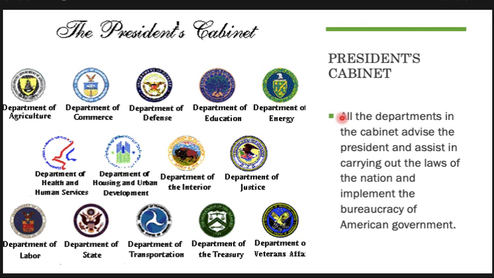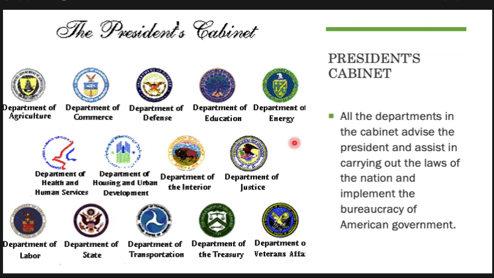Now, his first cabinet only had like 3 positions. It was the Department of Defense. At that time, it was called the War Department or Department of War. Department of the Treasury, and the Department of State. Okay, so if you are in charge of one of these departments, you're called a secretary. Secretary of State, Secretary of Treasury, Secretary of Defense. Okay, so